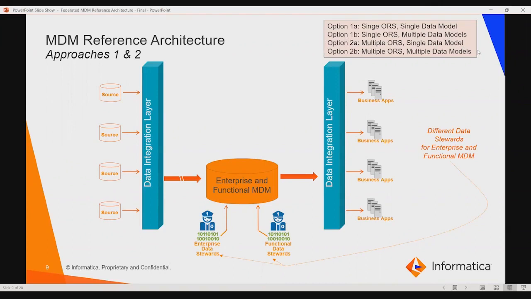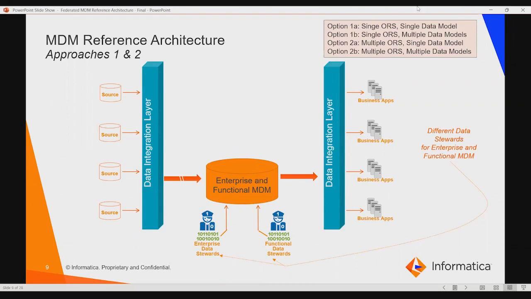This is, of course, as you can understand, the most simplistic model, which is basically for very simple use cases, not too complex data requirements, not too complex data regulation or privacy requirements. So this is, of course, a very simplistic federated hub architecture. Option 1B talks about single ORS and multiple data models. You'd probably have one single ORS and you'd have multiple data models based on the different, like I was saying,